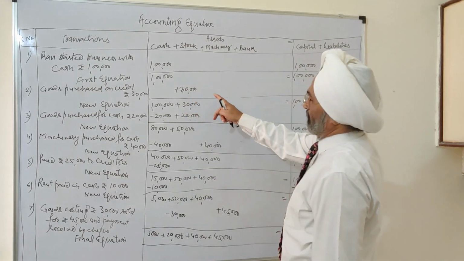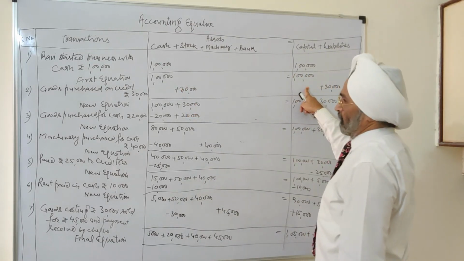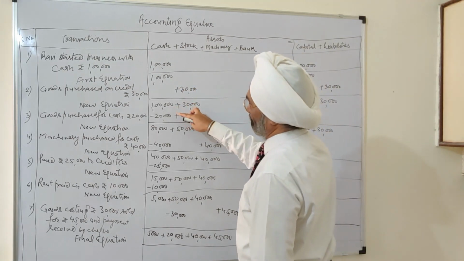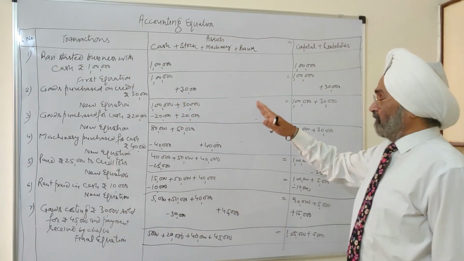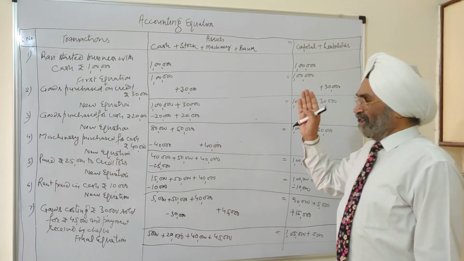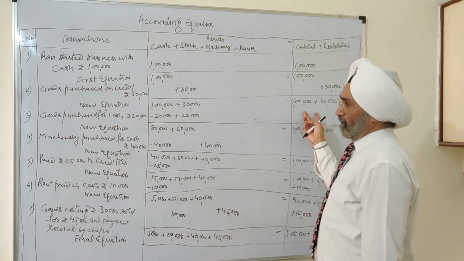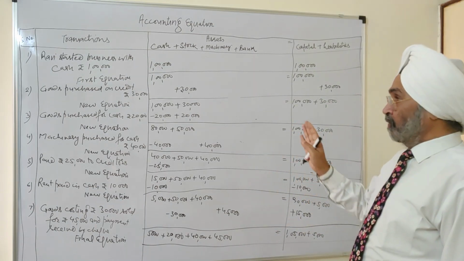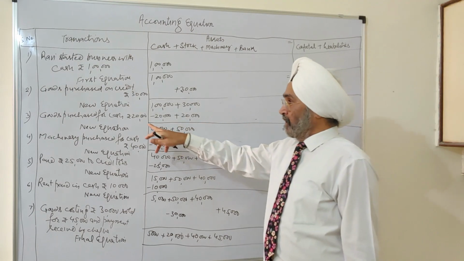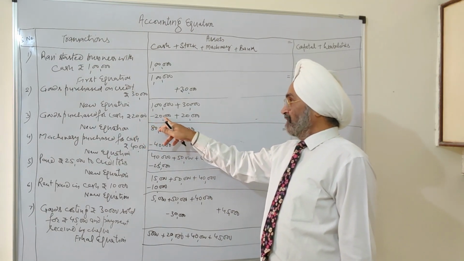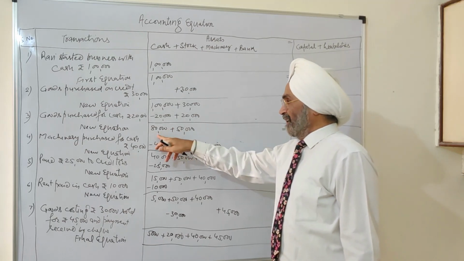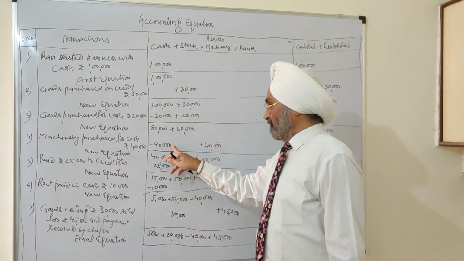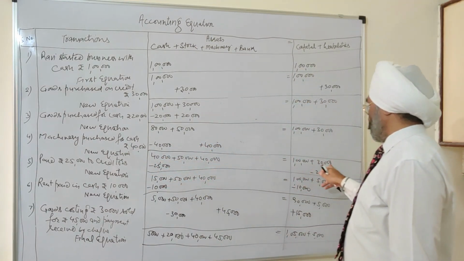In every case, our equation is equal. These are equating: 1 lakh, 1 lakh, 1,30,000, 1,30,000. After each and every transaction, you must check whether both sides are equal or not. Otherwise, you will find difficulty subsequently if you don't check it at every stage. When we purchase the goods, cash has decreased, stock has increased. We must check it: 1,30,000 on this side, 1,30,000 on this side. When we purchase machinery for cash, we must check that both sides are equal.